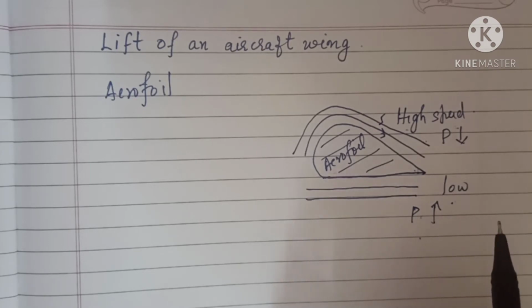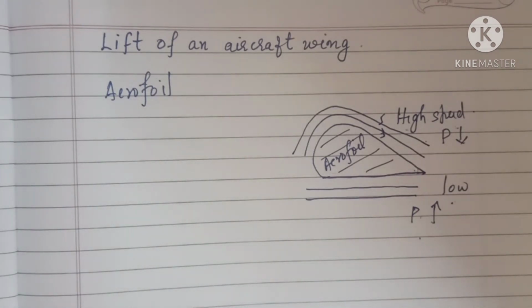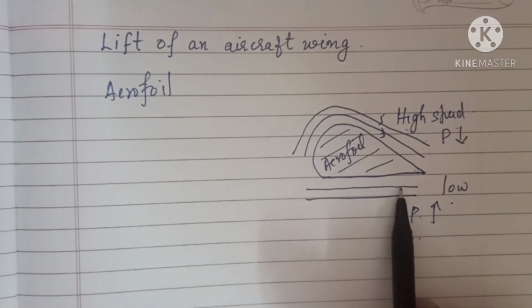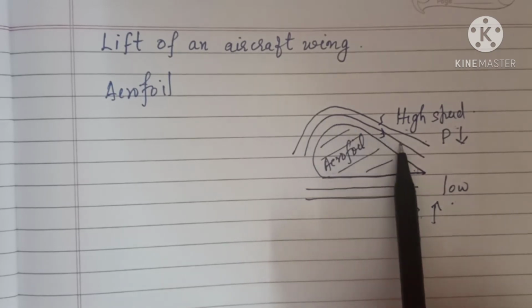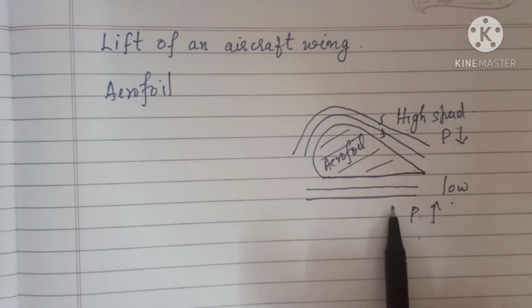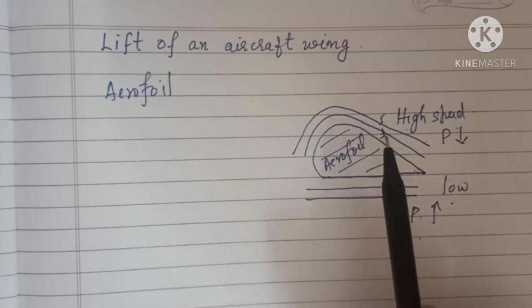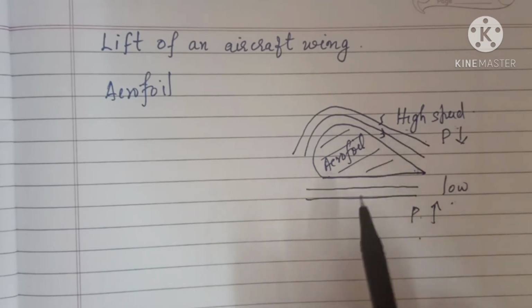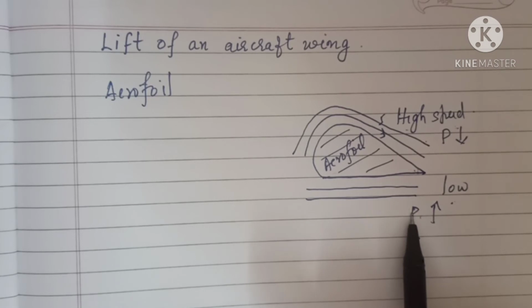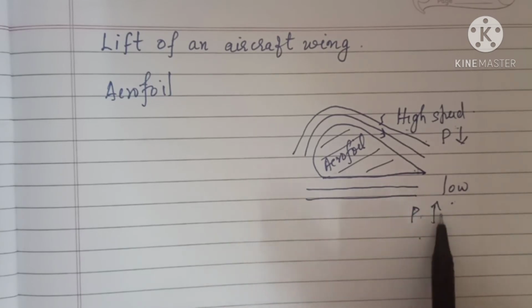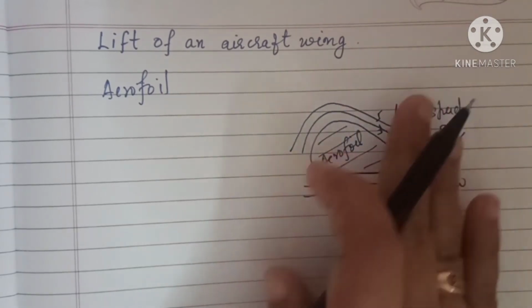We are discussing the lift of an aircraft, how an aircraft is getting lifted from the horizontal level to a particular speed. Why? Because this is the condition. Understand? As the aircraft moves, the air moves faster over the upper surface of the wing than on the bottom because of its shape. According to Bernoulli's principle, the air pressure above the upper surface decreases below the atmospheric pressure, and that on the lower surface increases above the atmospheric pressure. Understand? If the pressure here increases, this will lift it up.